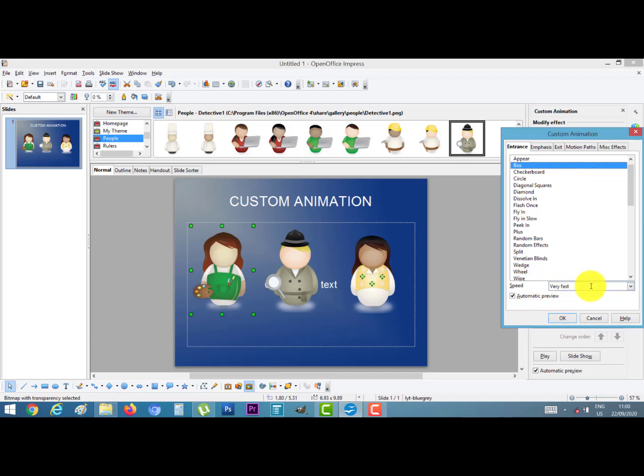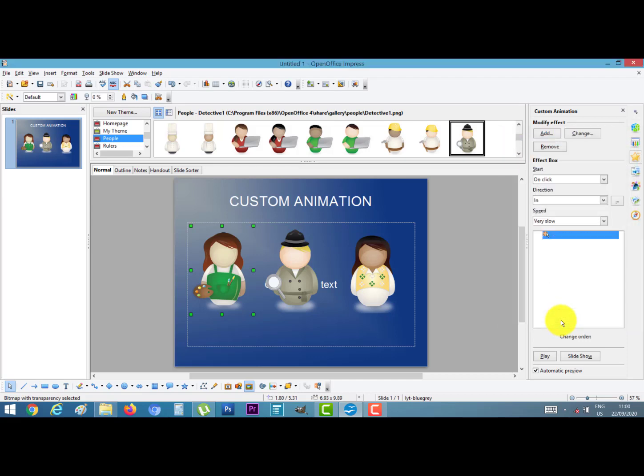Here is speed also. This is very fast, very slow, medium, fast and very fast. I select very slow and click on OK.